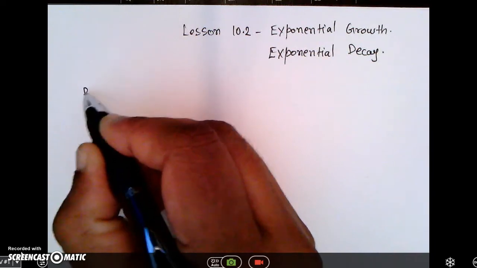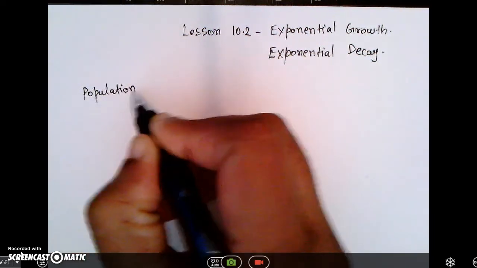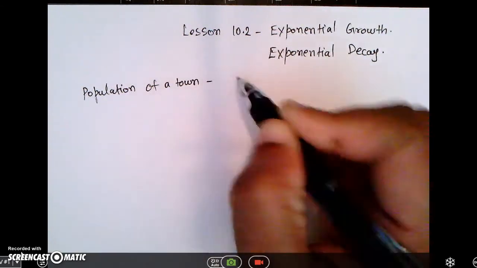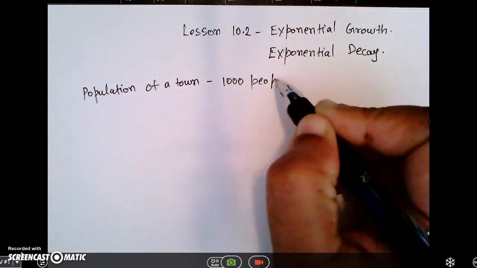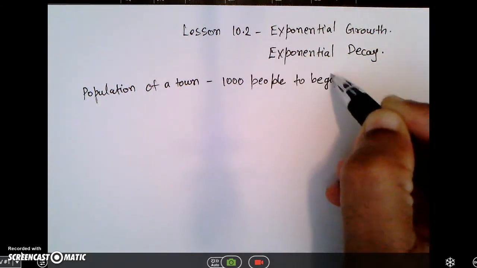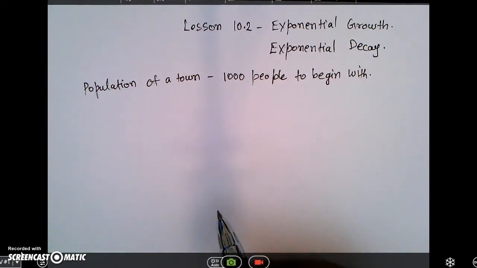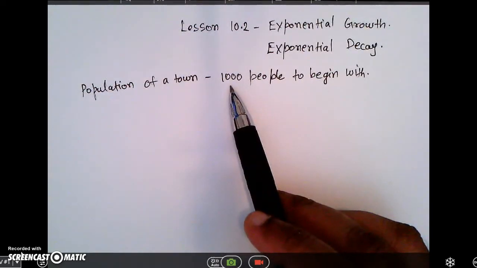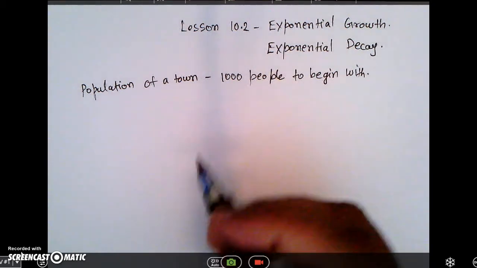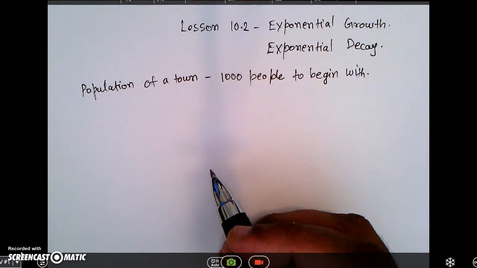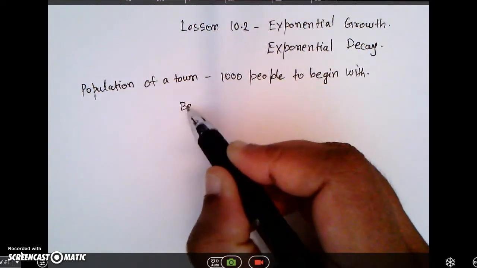Say let's consider the population of a town. Say there are 1,000 people to begin with, at the beginning of year 1. I'm trying to find the population growth, how many people there will be after a certain period of time, say over 10 years. After 10 years, how many people are going to be there in that town? What they have given me is the town initially started with 1,000 people. That means that's when the period has started. So at the beginning of year 1,